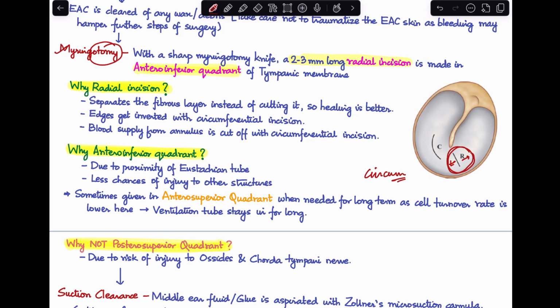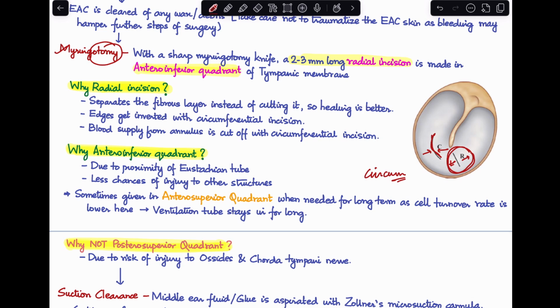Second is, if you give a circumferential incision like this, the edges over here end up getting everted. And the second problem with this incision is that it cuts off the blood supply from the annulus. So these are the reasons why we prefer to give a radial incision in case of myringotomy in otitis media